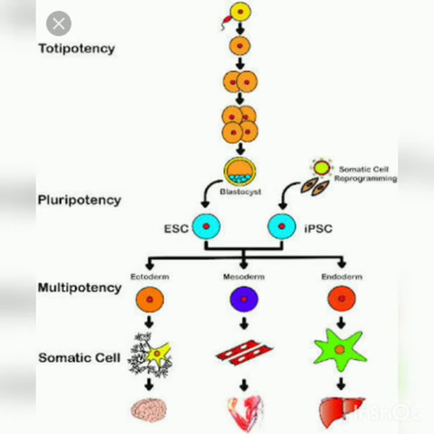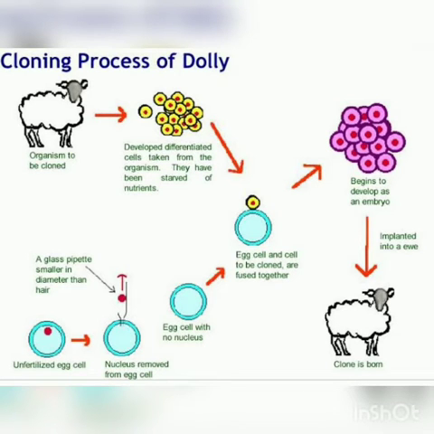Here, what is meant by totipotency? Totipotency refers to the potential of a cell to develop into different cells, tissues, organs, and finally an organism. Toti means total potentiality. So, it is the complete potentiality of a cell to develop into different cells. A mammary gland cell, that is the somatic cell from the donor sheep, was isolated and subjected to starvation for 5 days. The cells could not undergo the normal growth cycle, entered a dormant stage, and became totipotent.